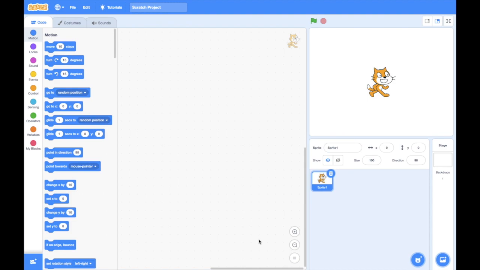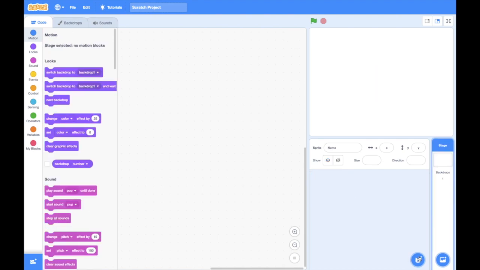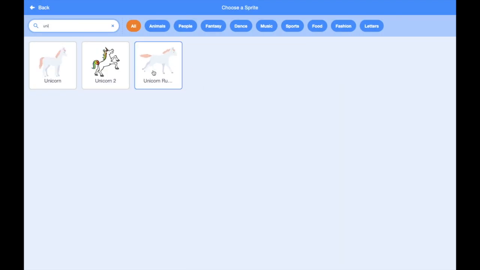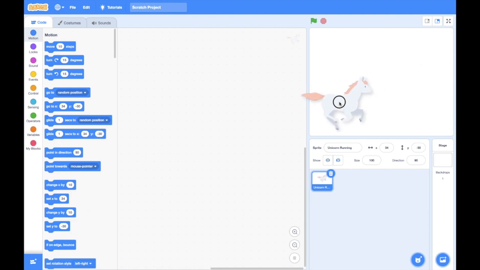So let's get started. First of all, we are going to get a sprite. I'm not going to use the cat sprite. Let's go with the unicorn running. We've never used this before, so let's use it. And now let us